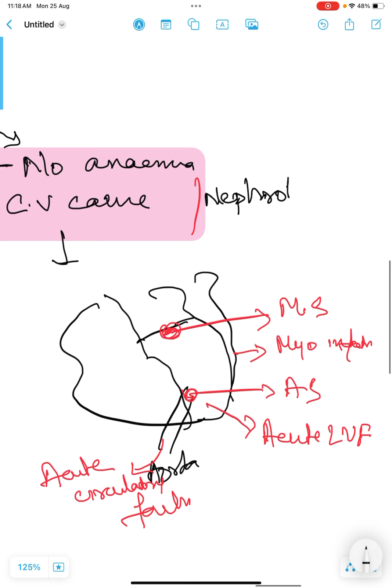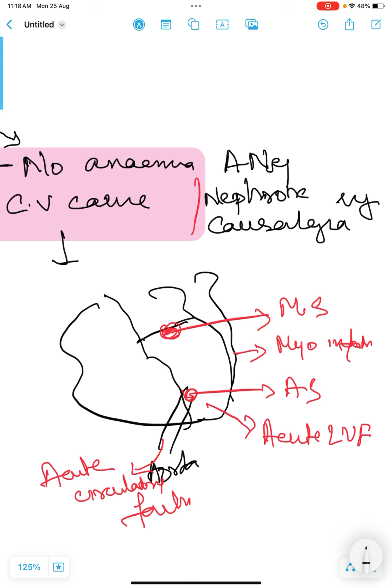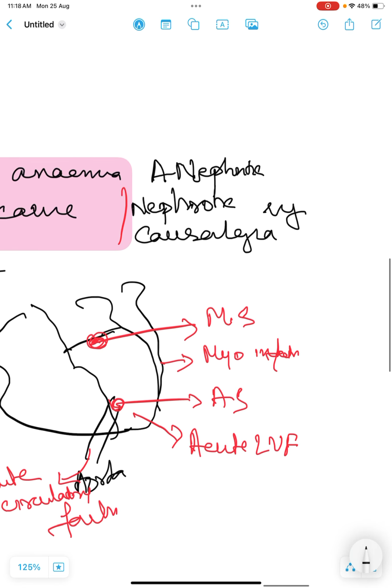In nephrotic syndrome, there will be pallor without anemia. It can be due to acute nephrotic and nephritic. Both are the causes of pallor without anemia. So this is all about